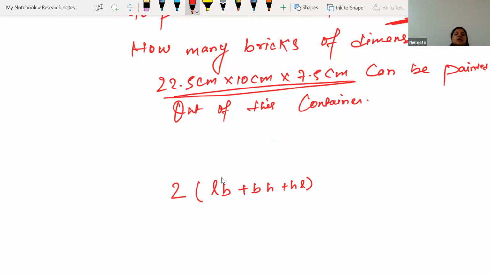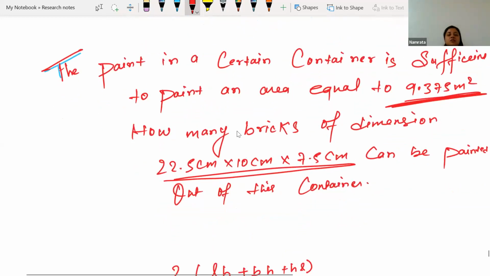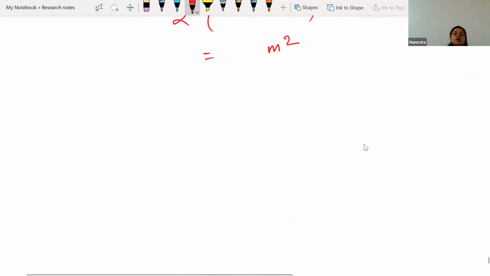We will be finding the area by putting in the values, length, breadth, height, everything we will be substituting over here, and we will be getting the area of one of the bricks. Now we have to check how many bricks we can paint out of the paint that is there in the container. So let's say n bricks can be painted. One brick is having,